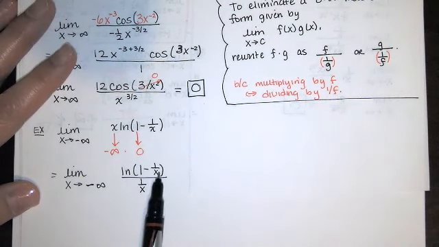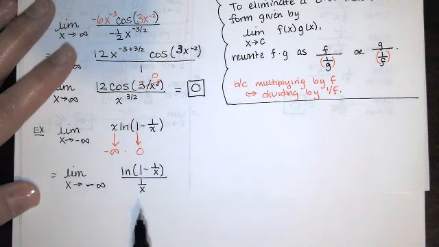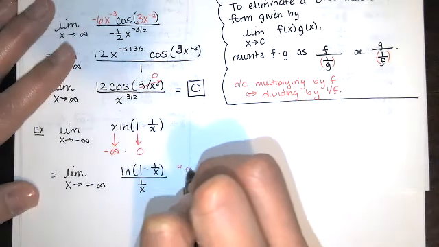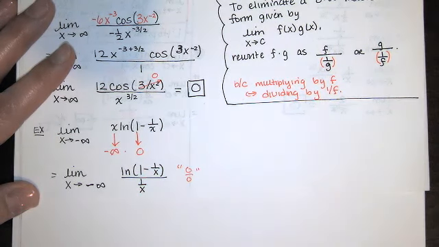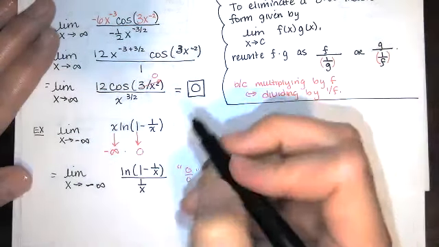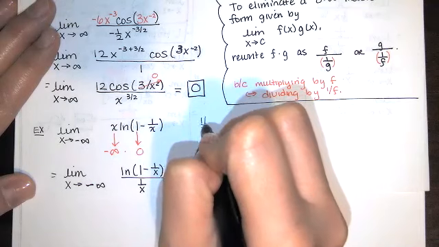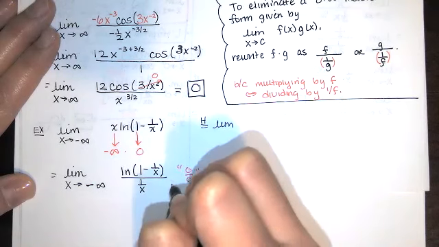The numerator still approaches 0. So I've got, this is approaching 0, natural log of 1 is 0. And then I've got 1 over a large negative number, so that's going to approach 0 as well. So this is a 0 over 0 indeterminate form, which means it's a good candidate for L'Hôpital's rule. So according to L'Hôpital's rule,